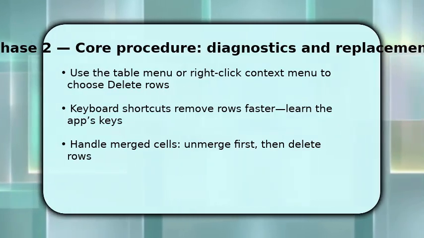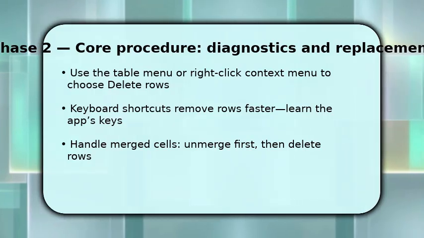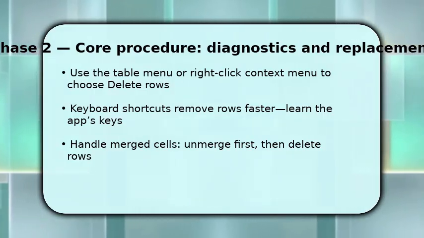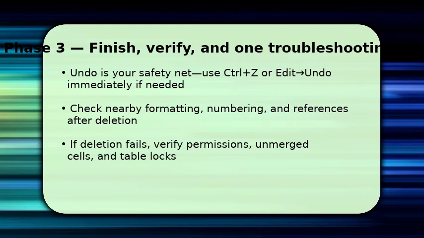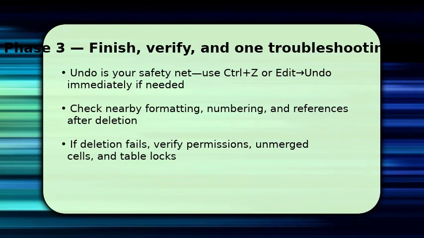Once done, make sure to inspect surrounding content. Finish by reviewing the document layout and any numbering or cross-references that could have shifted after row removal. You want consistent flow. If something looks wrong, use undo immediately to revert and try again with adjusted selection or